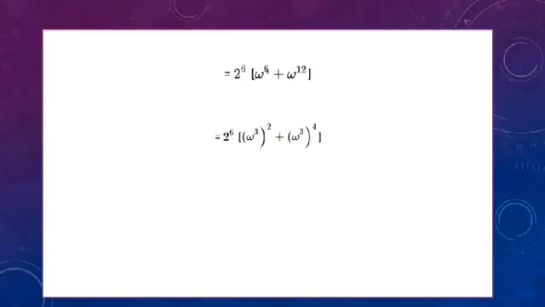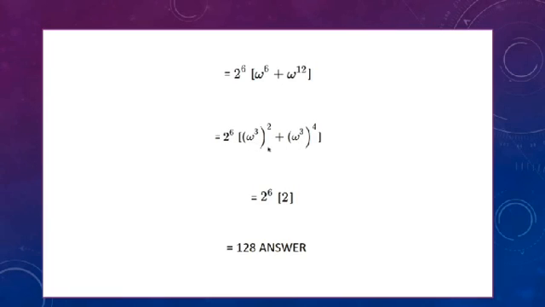Now we know very well that omega to the power 6 can be written as (omega cube) whole square, and omega to the power 12 can be written as (omega cube) raised to power 4. The question is why we have written like this, and the answer is that we know that omega cube is equal to 1. So we have made it the power of omega cube here and the power of omega cube here. So (omega cube) whole square means 1 whole square. (Omega cube) raised to power 4 means 1 raised to power 4.